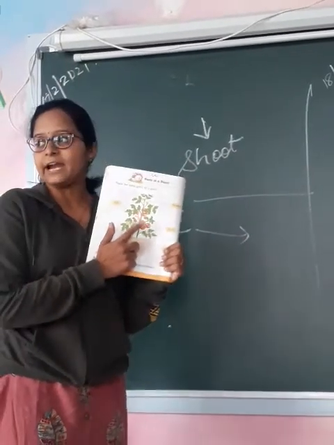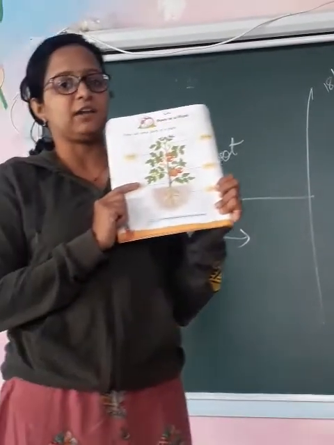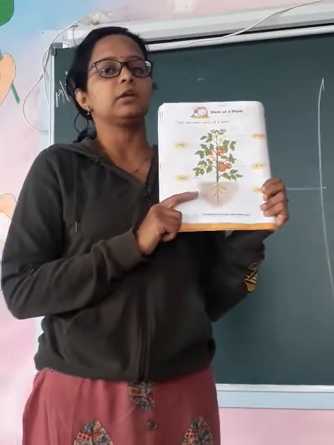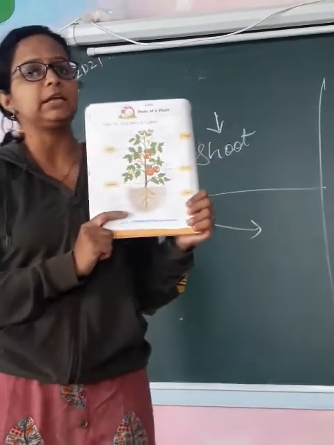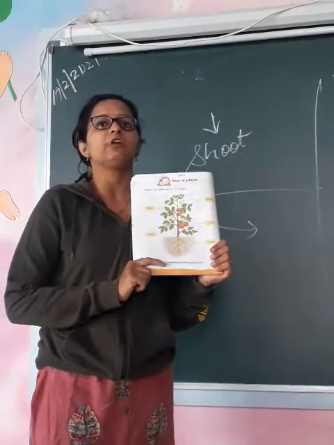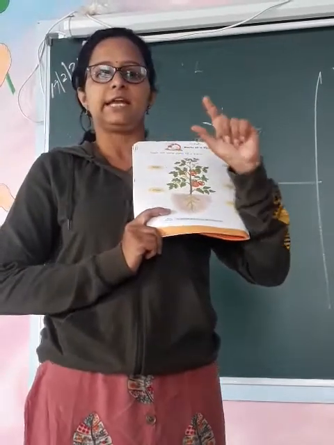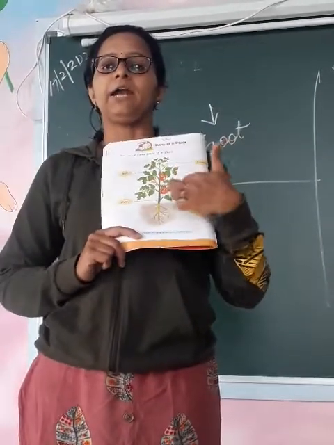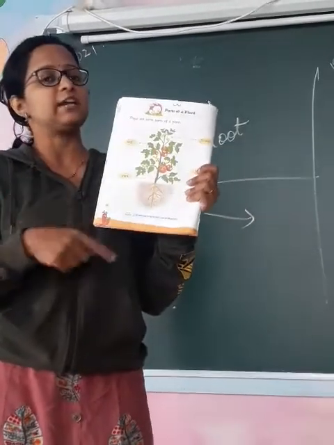Okay, that activity should be done. Until and unless you send the pictures of the activity, we will not give you your result. Your report card will not be given by the teacher. So what is your activity for parts of the plant? You have to sow any seed and bring out that plant and vegetable or fruit to us. Okay, the easiest one which I did is the tomato one.